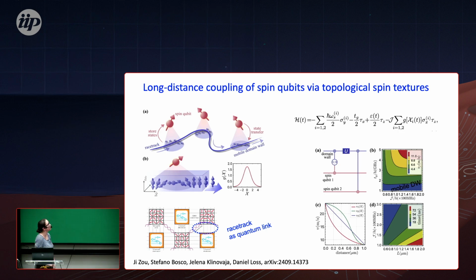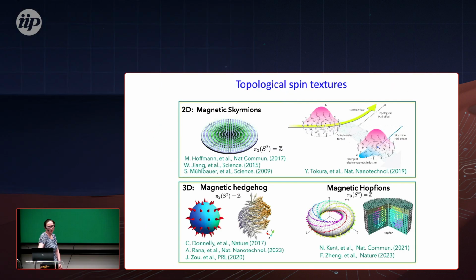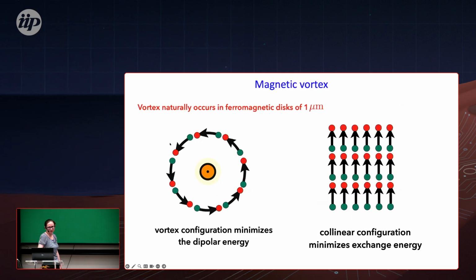So there's a proposal to couple them via a cavity, but we can also couple them via a magnetic channel and use such magnetic channels for racetracks, right? And the advantage of magnetic systems is that they also have some kind of topological structures, for example, vortices. You can show that they can build up not only ferromagnetic and antiferromagnetic, but much more exotic orders, vortices.